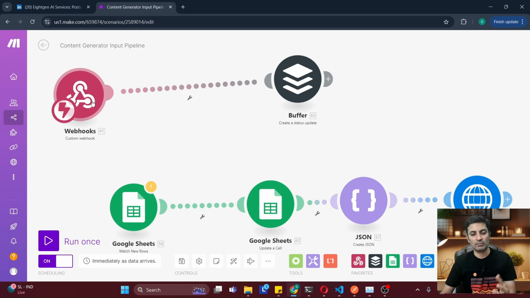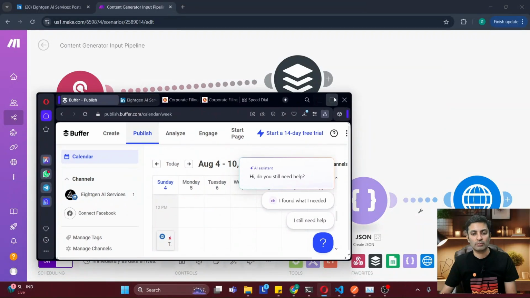So I'm sending a JSON message. Once I send it, I need to set up the buffer. Buffer is a tool. I'll show you here. So buffer is